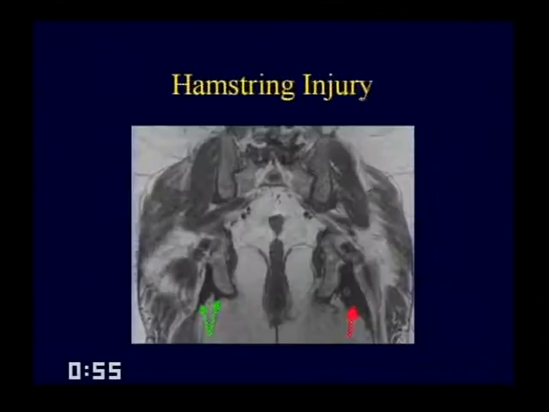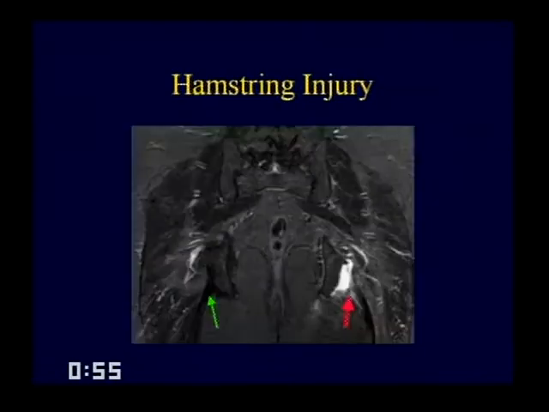Here's a nice example of a hamstring injury. This is a coronal image. Here's right ischium, left ischium on the right. You see the nice normal V or W shape of the hamstring tendons inserting on the ischium on this side. On this side it's a little bit less defined. You look at your T2 weighted images and you see why: the tendon has been avulsed and there's high signal intensity separating the ischium from the hamstring tendon, unlike the normal side over here.